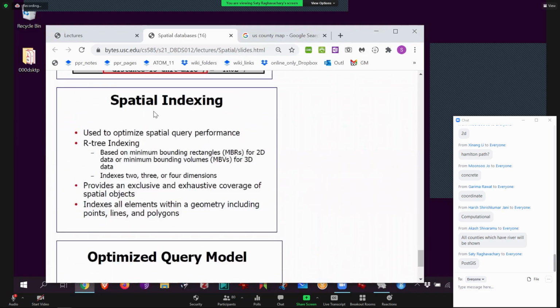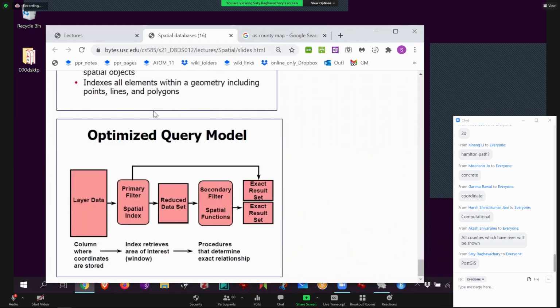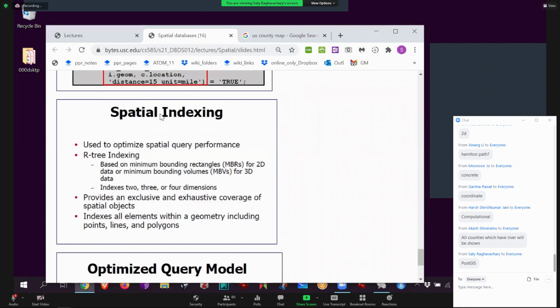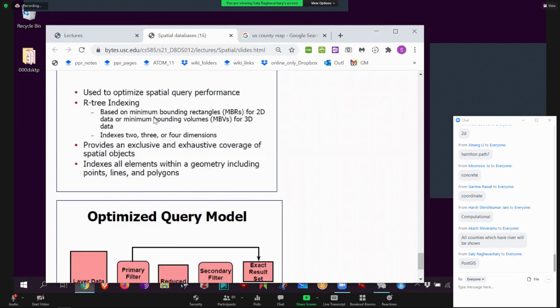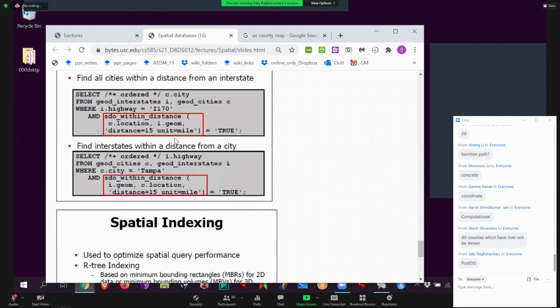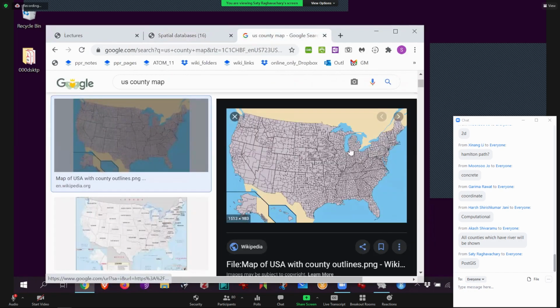I'm a tiny bit behind, but it's okay. Let's do spatial indexing, okay? Indexing is one of the most useful things you will learn from all of this, which is how are we able to do all these calculations so fast? Again, the answer is you have to pre-sort the data somehow, which you call an index. And then when the actual calculation happens, you don't look at your whole US map. If you're able to pre-sort it, imagine for New Hampshire, searching only these counties. That'll be a lot faster than searching through all of them, right? Because it's useless to say, oh, you're inside New Hampshire. There has to be some spatial way to do it.